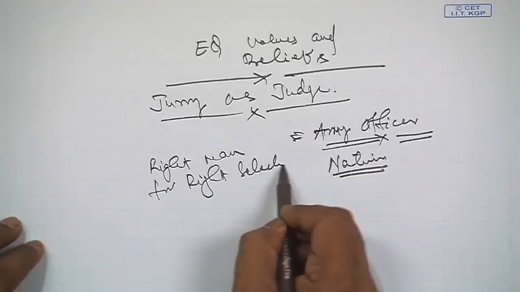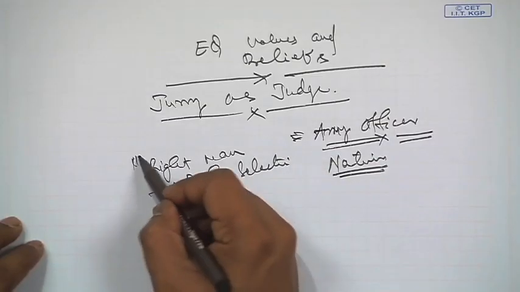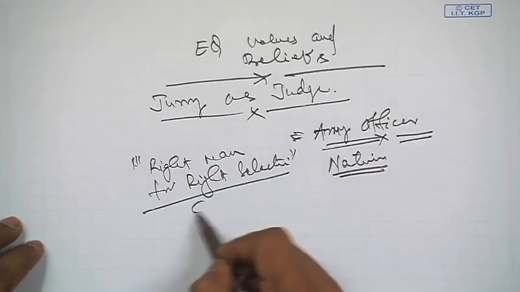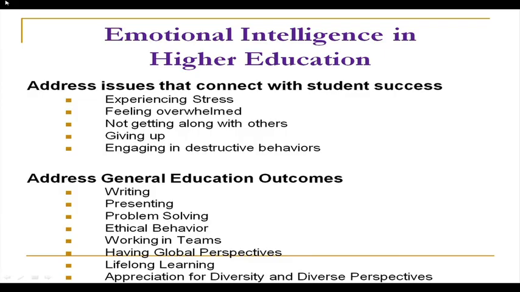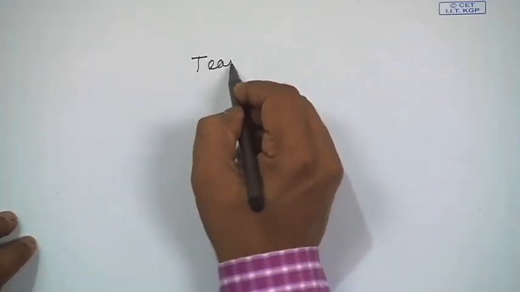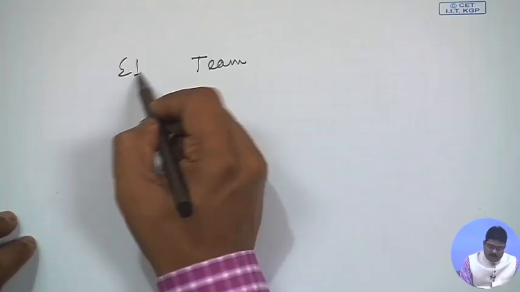And this is where the perspective brought by EI is very beneficial in problem solving, in ethical behavior. And there is another thing, which is what we call working in a team. Working in a team is very vital, because a team consists of multiple people, multiple attitudes, perceptions, values, personalities. So, when you talk about team, EI in team,